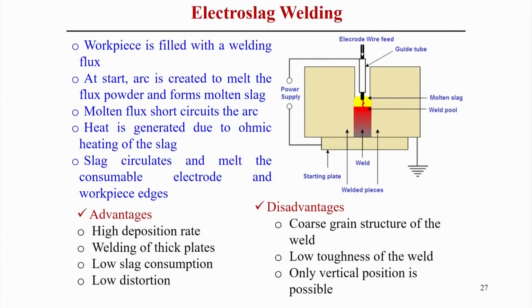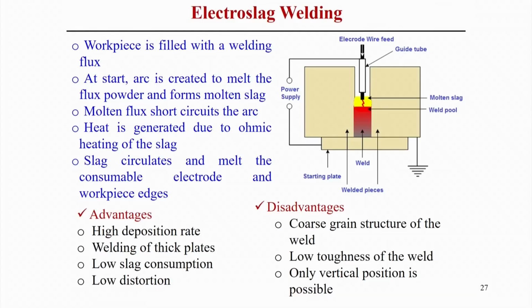And now, we look into the electro slag welding process. In this process the workpiece is filled with the welding flux. At the start, the arc is created to melt the flux powder, and that forms the molten pool. After that, heat is generated as the molten flux short circuits the arc, and then heat is generated due to the ohmic heating